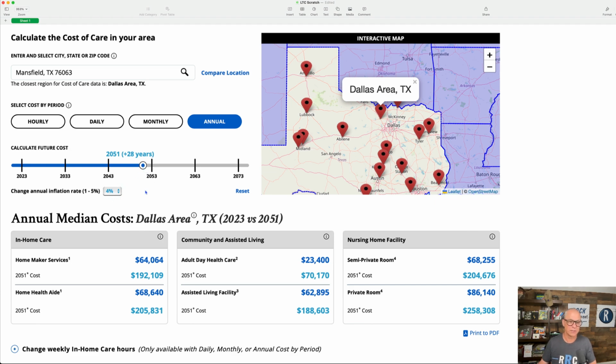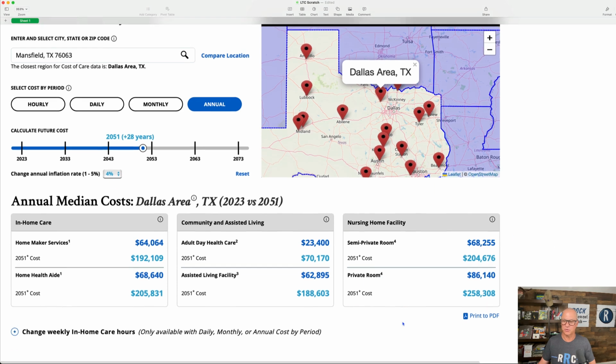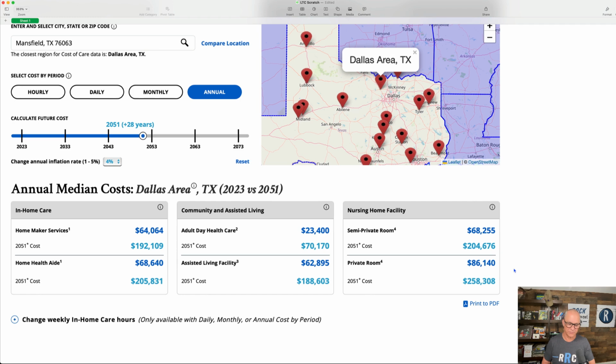You can do this directly on the website. It will tell me the cost in today's dollars and in future dollars for different levels of care. So we have in-home care, community assisted living, and nursing home facility. I chose the private room, and it has footnotes to where it got these numbers. So current day, if I had a private room in a nursing home facility, their estimate is $86,140 per year. And with a 4% inflation, they say in the future, when I'm 85 in this case, it would be